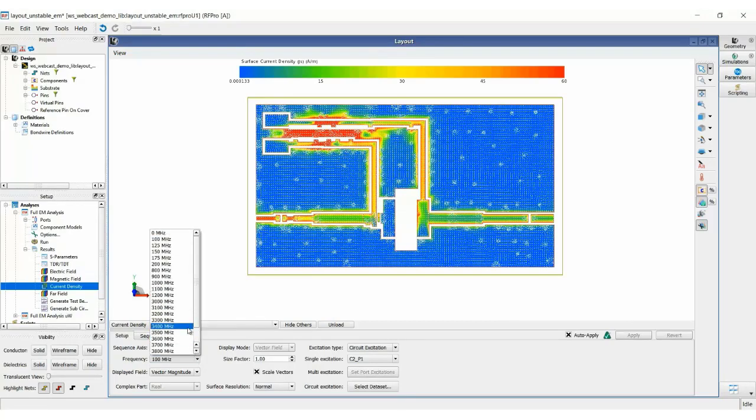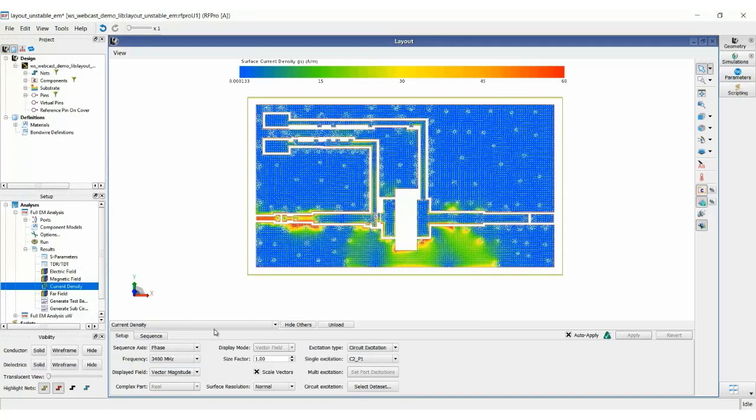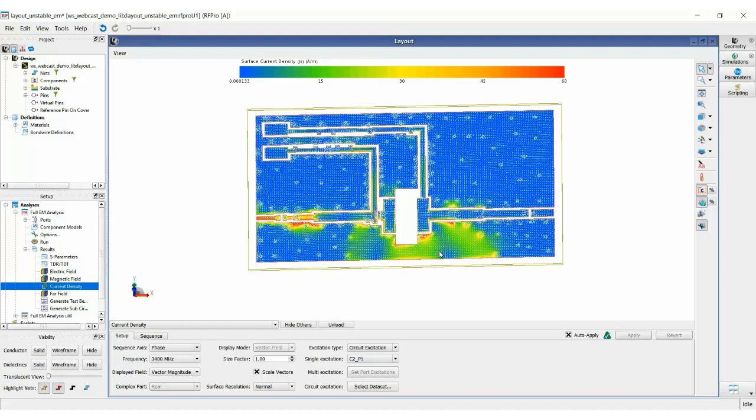Next, let's go to 3.4 gigahertz. You'll remember this is roughly the high frequency oscillation point. And notice now that the ground plane lights up around the transistor. So this is showing coupling between the matching capacitor grounds. It's actually going from output to input, and it's also going from input to output. And that means I probably just need to add more vias here to improve the